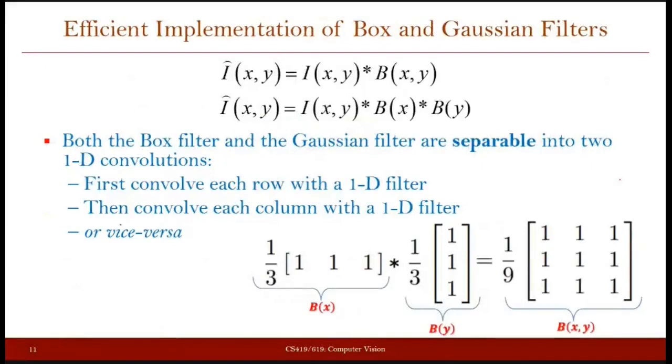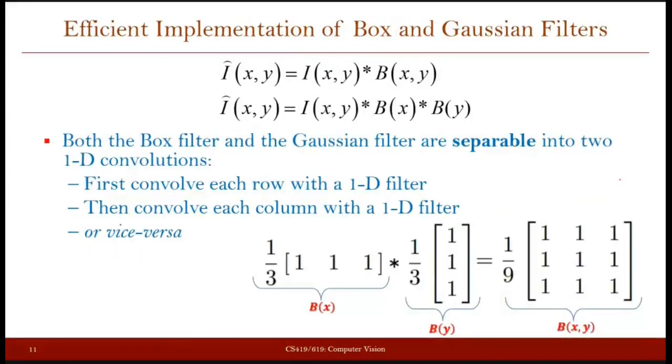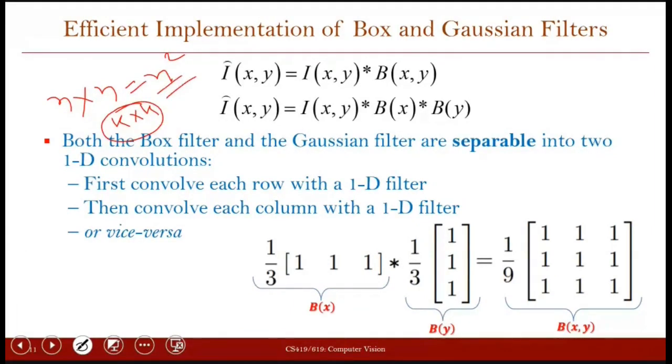Now, what will be the complexity when you perform this smoothing operation with the help of these filters? What is going to be the complexity of this process? You know that if your image is of size n cross n, you will have n square pixels, and let's say you have a k cross k filter. So these many operations you are going to do at n square places. So the total number of operations that you are going to do here is n square k square.